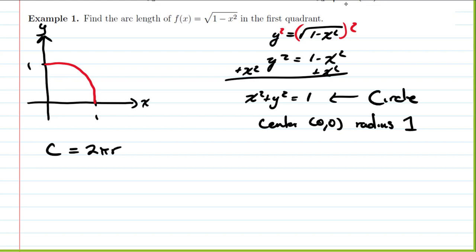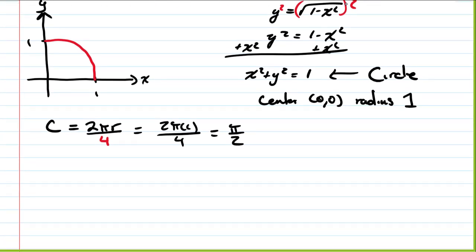This is only a quarter of a circle, so we would have to divide that by 4, right? So then the radius of our circle is 1, so that would be 2 pi times 1 divided by 4 gives us pi over 2. So we know what the answer should be. We should get that the arc length is pi over 2. Let's